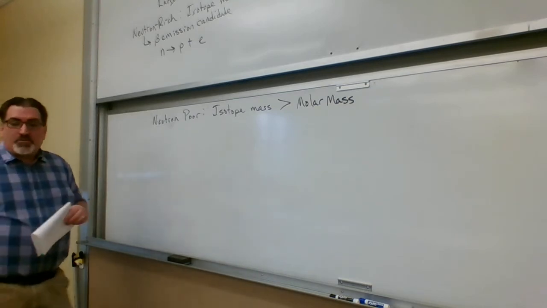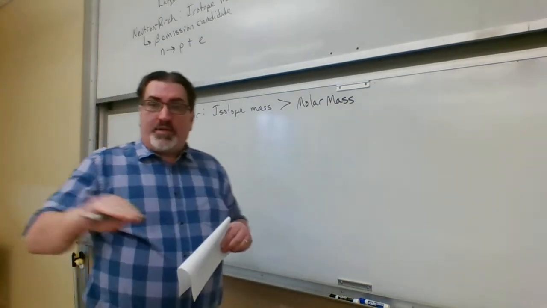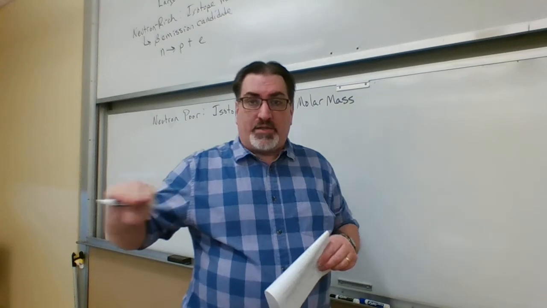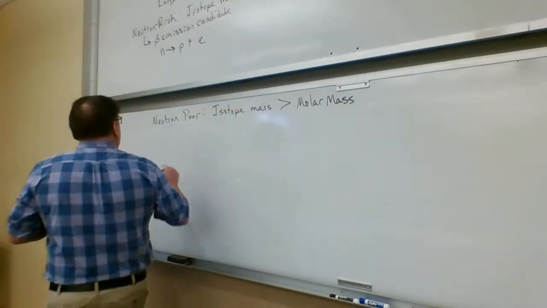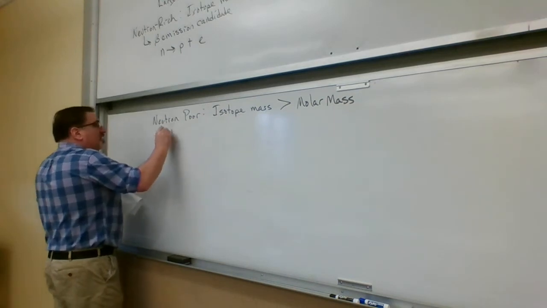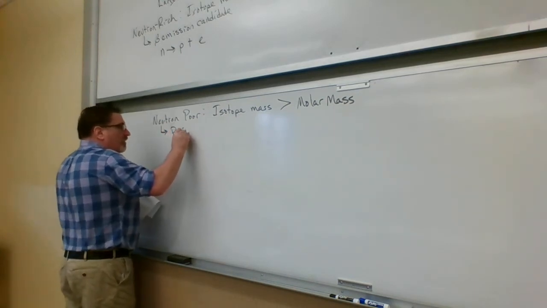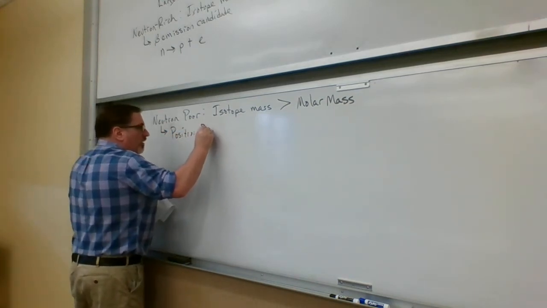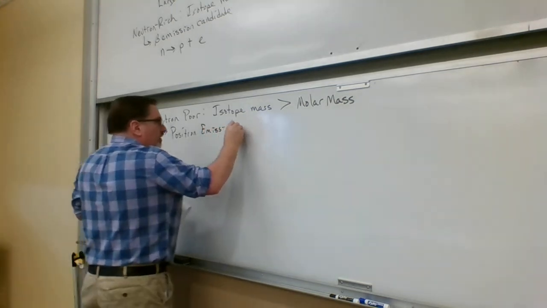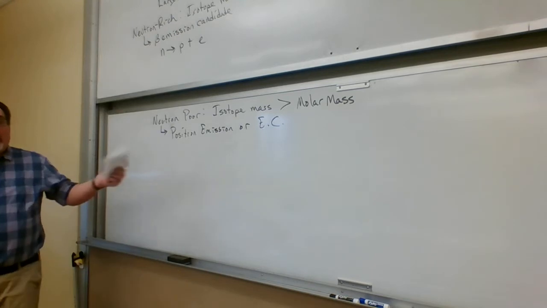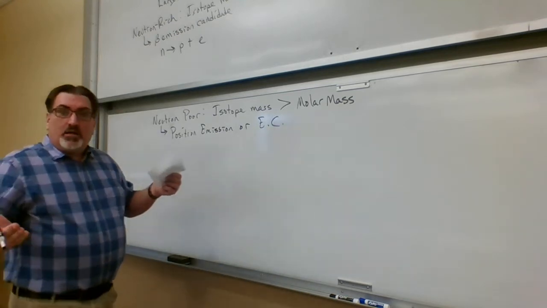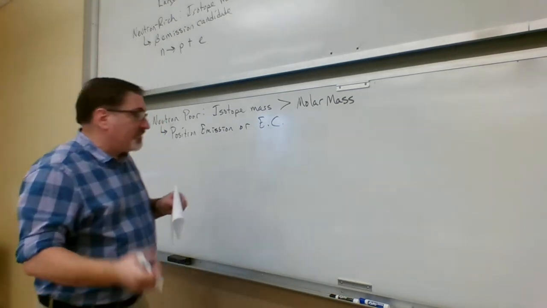So these are cases where the isotopes are below that line of stability. There aren't enough neutrons to make it stable. And these are candidates for positron emission or electron capture, because both those processes result in moving closer to that line of stability from the bottom side,